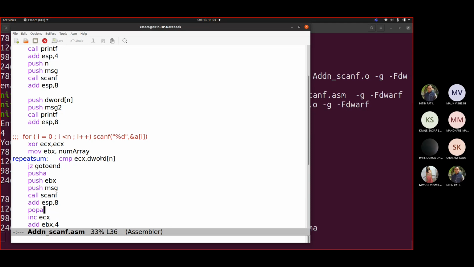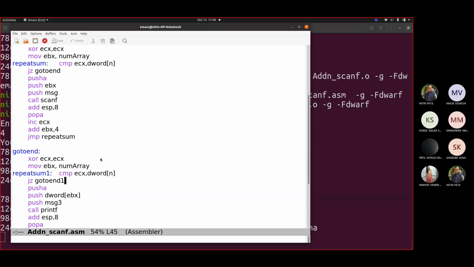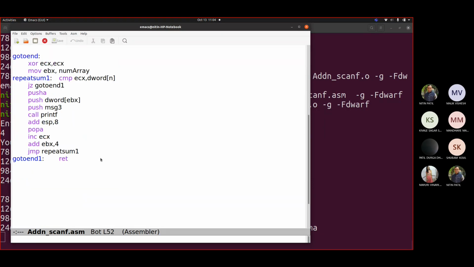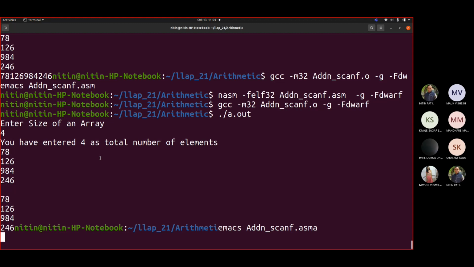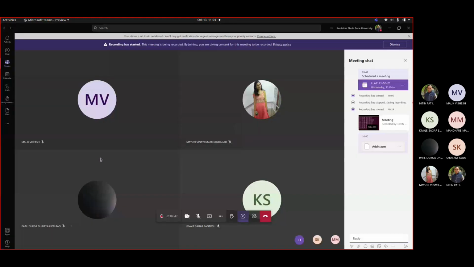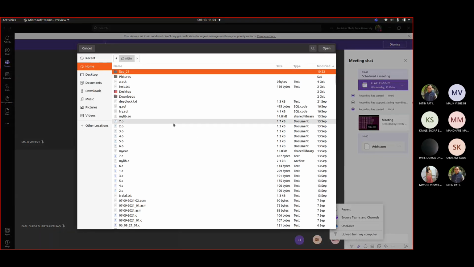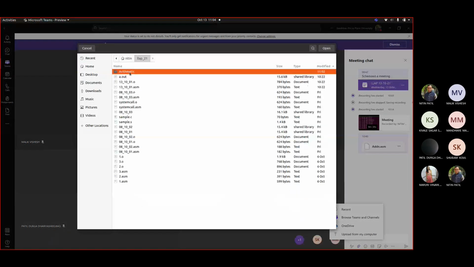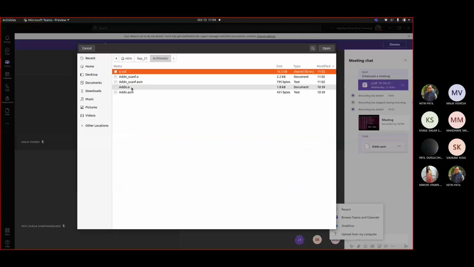Fine. So you go on and ultimately move further. So this is for reading the array and then you can move to printing the array. Fine. So I'm adding this code for your reference. You work out with it. I want you to write similar code instead of copying the code that I'm adding here. Fine. You read that. If you have any issue, we will work it out in our next session.